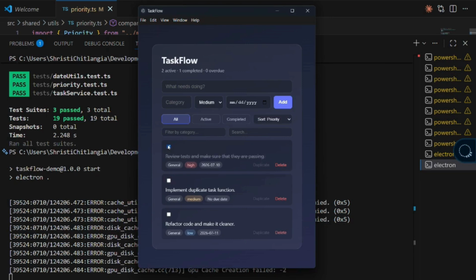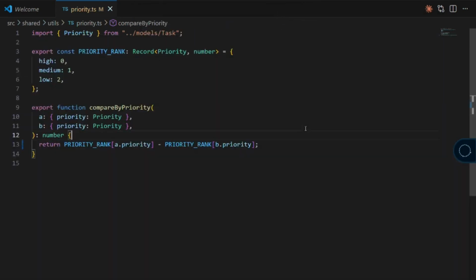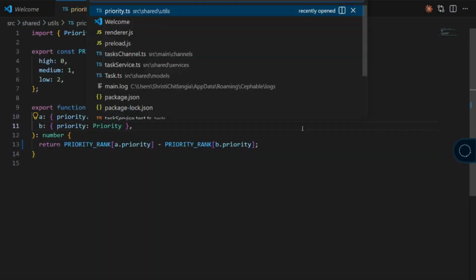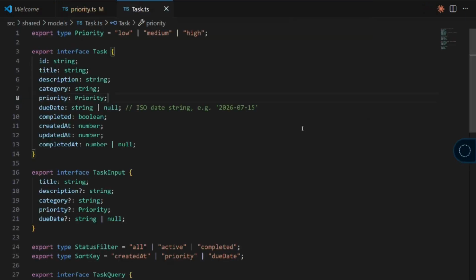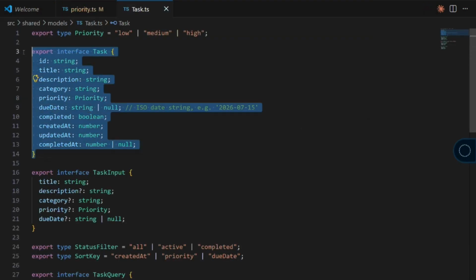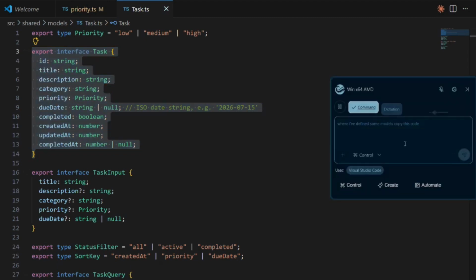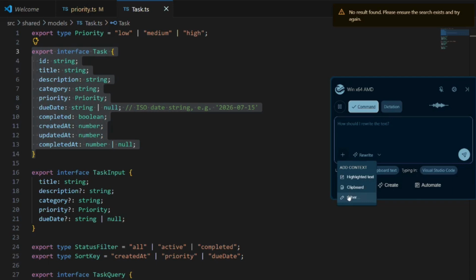I can even check off the first to-do item, that we have reviewed our tests and made sure that they are passing. The next thing we need to do is implement the duplicate task function. To do that, I have some stubbed out code and an example of what I would like it to do. So we're going to go to the task file where I've defined some models, copy this code, go to my rewrite, add in other context,